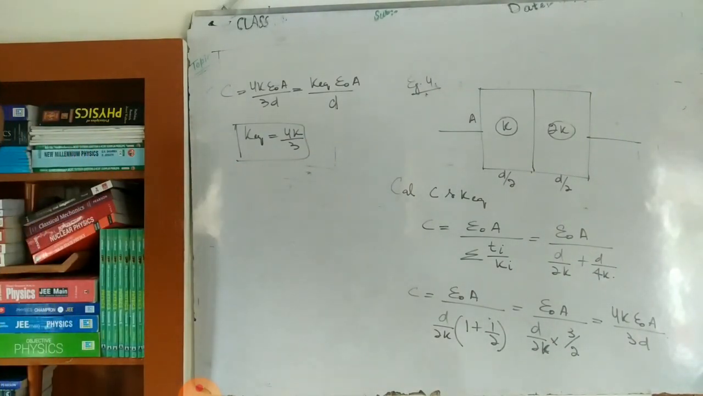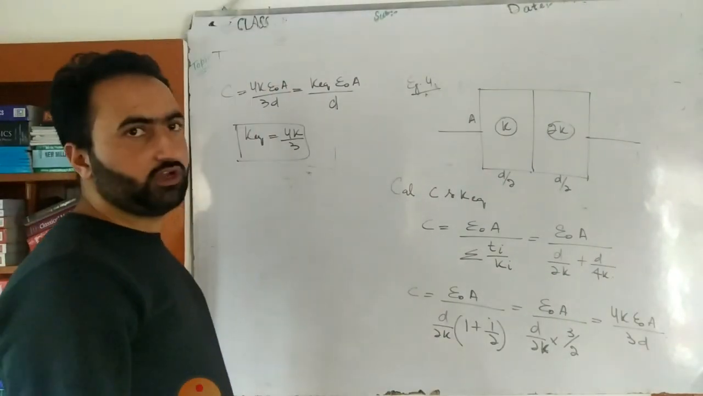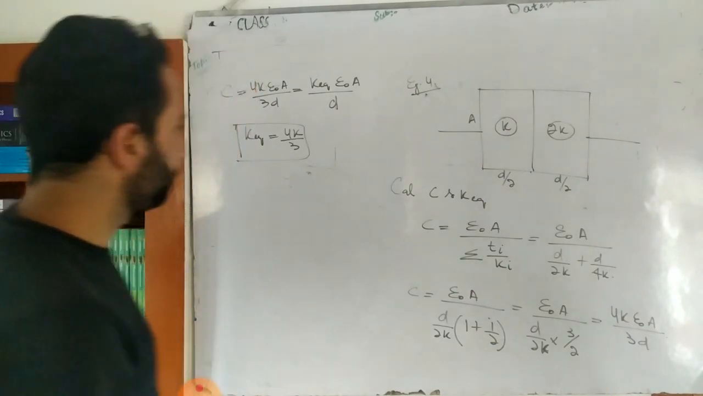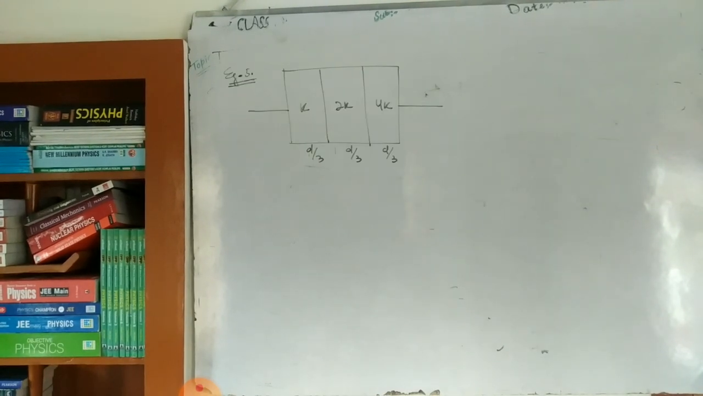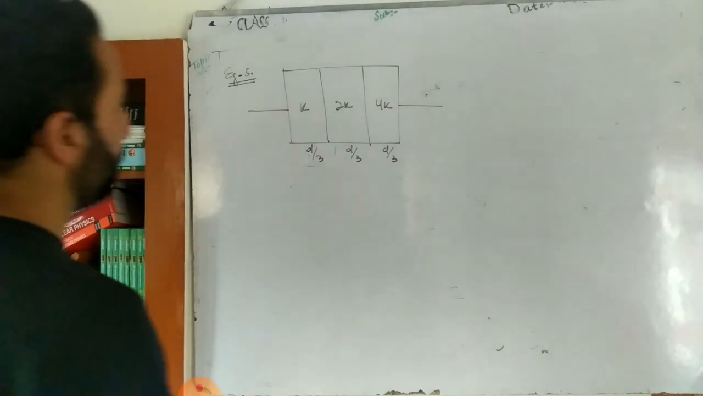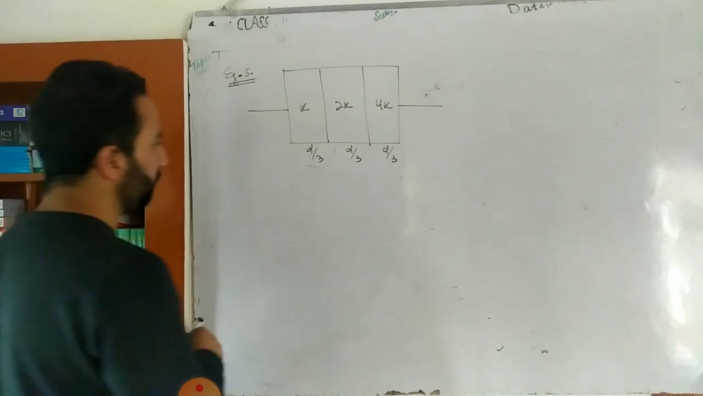No rocket science. Done? Okay, pause the screen, write it down. Let's do one more example on this. So the next example is this. Again, you have to calculate the equivalent capacitance and the equivalent dielectric constant. Okay? So same procedure. Capacitance